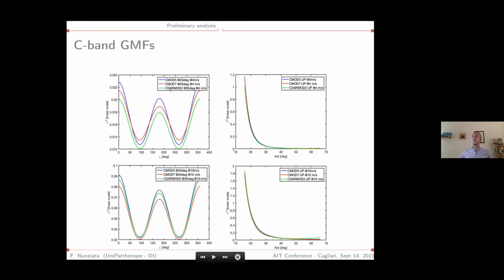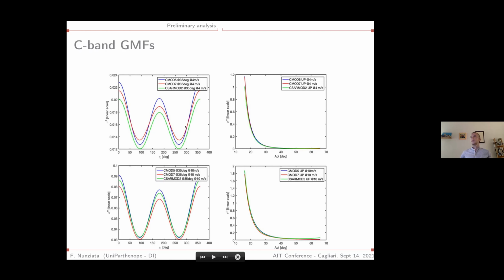And then we also have the SARMOD, which is specifically developed for SAR measurement. In this first row, I'm showing the normalized radar cross-section against the so-called azimuth angle,